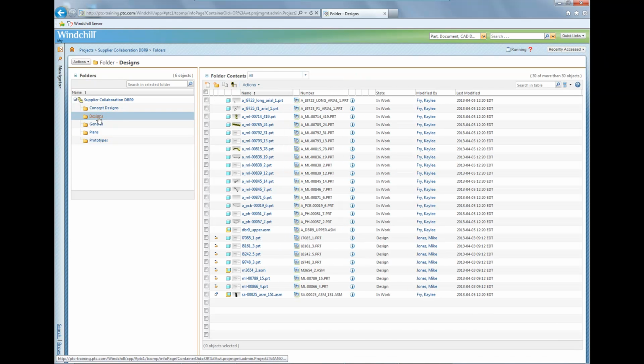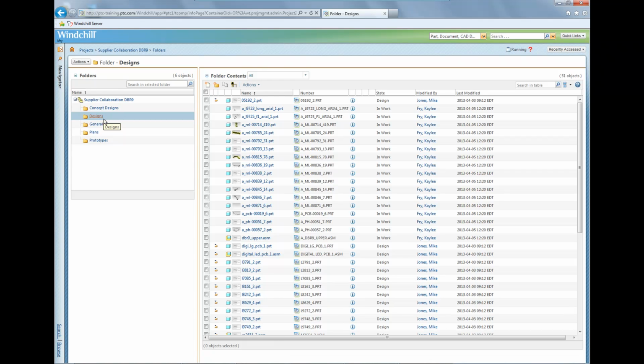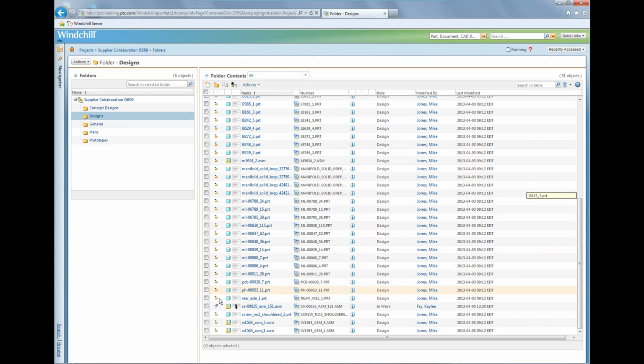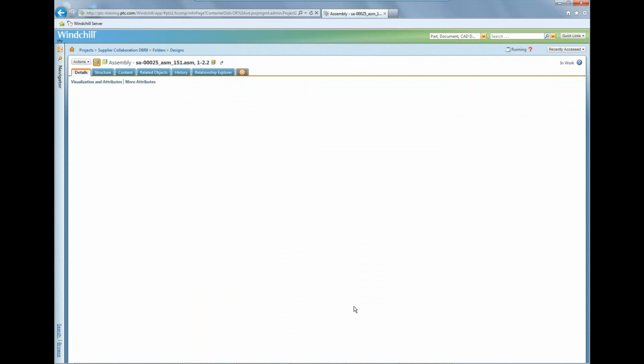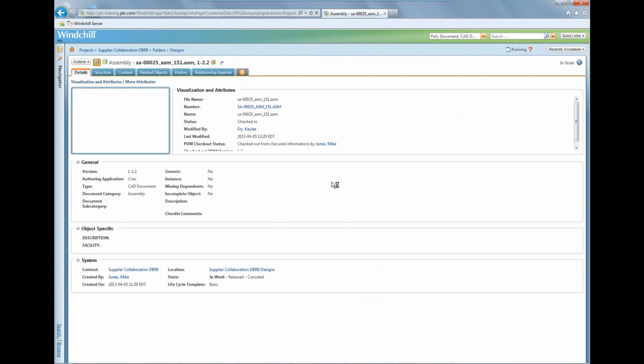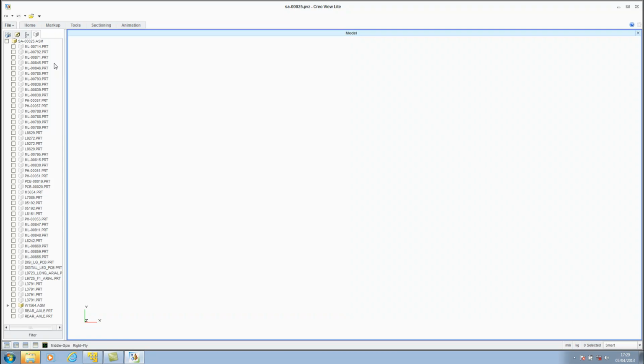And if we look into the designs folder, we can see that we've got a number of brand new components which have been uploaded to this project environment. Remember, this hasn't been written back to PDMLink yet. These only exist in the project. If we look down at the top level assembly and go to its information page, there's a few things to notice on here. The first thing is obviously at the top here we have a brand new iteration, so it appends that 1-2 with a .2 as well, and that .2 is every time it's been checked in while it's been in the project. You can see the thumbnail visualization was that of the full-blown assembly, which is great,